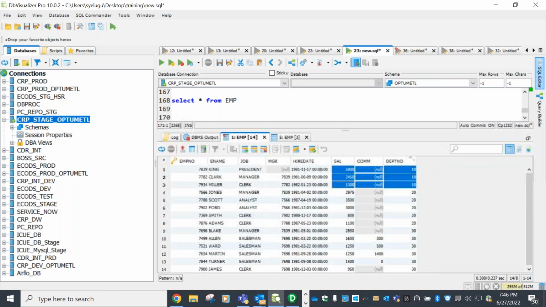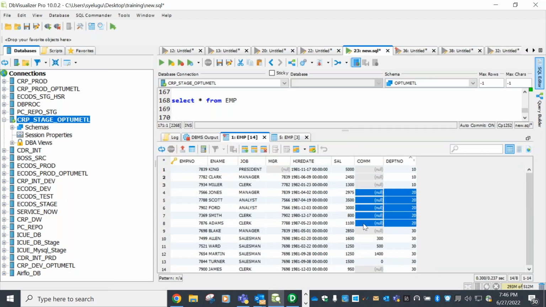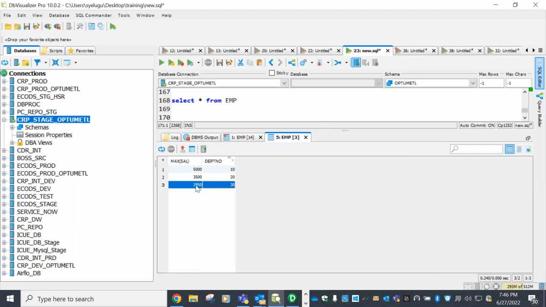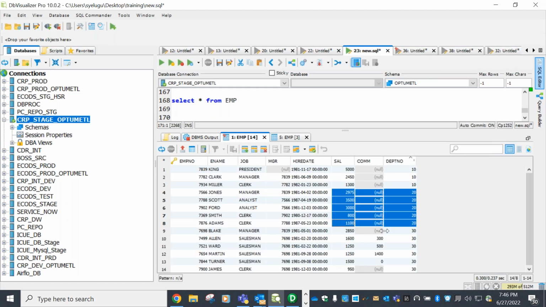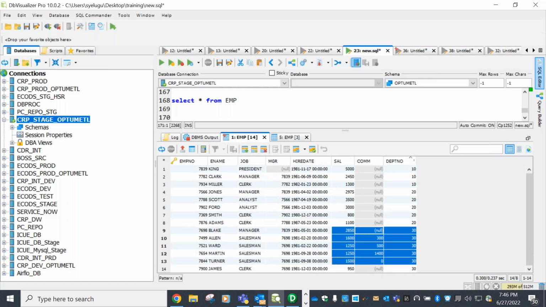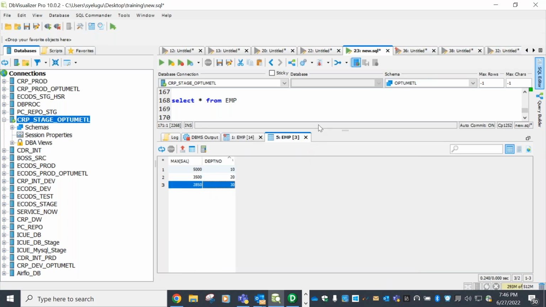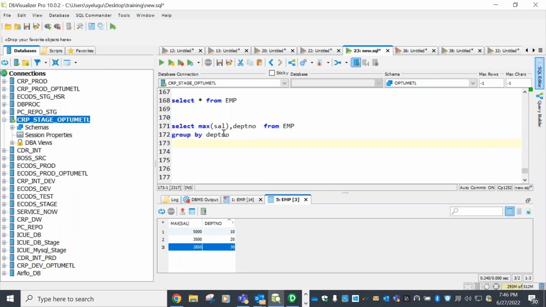This is how it is getting the record. For all the 20th department data, the highest salary is 3,500. If you see here, 3,500, 20th department, this one, right? If you see for all the 30th department, right? It should be 2,850. This 2,850. Like that, group by should be used